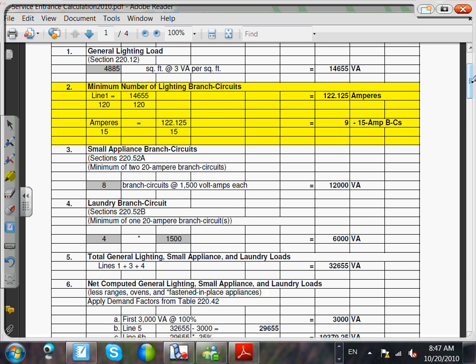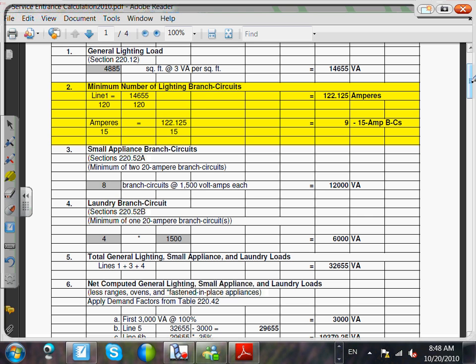So when I calculated the square foot, the code says, first of all, why don't you guys go to table 220.12, page 59, 220.12. My assumption is this is not the first time that you have done load calculation, right? We did load calculation before. So when I say go to table 220.12, you guys are looking at it right in front of you. We can find that the code gives a volt amp per square foot,